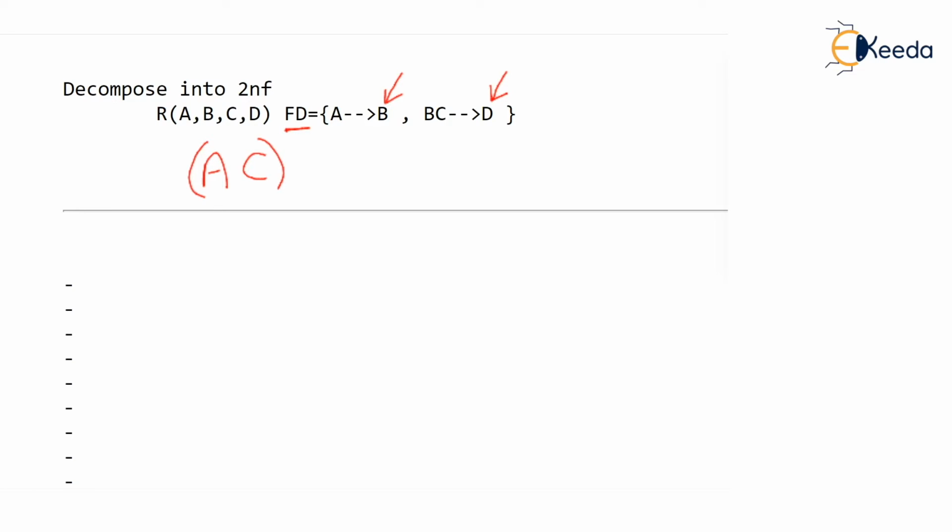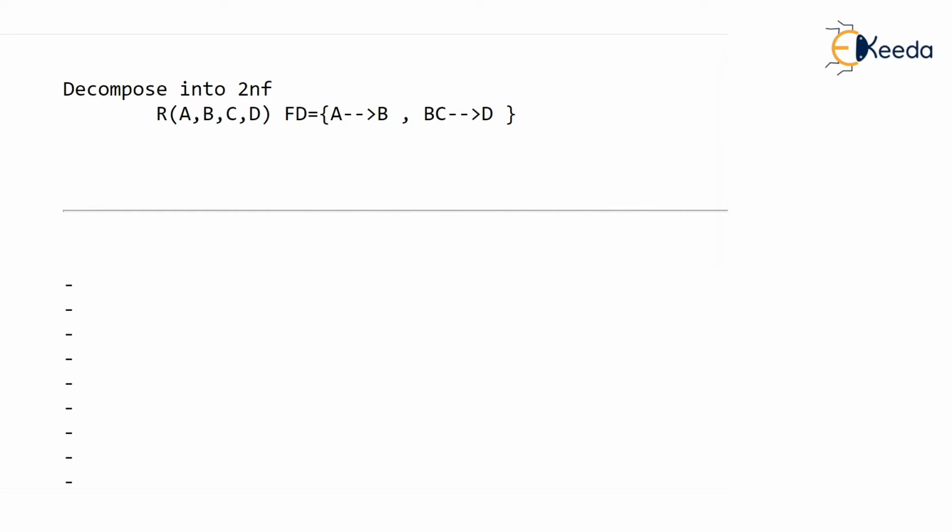But before that, you see this. What if we find A closure alone? I know C is also missing on the right hand side. B and D are there on the right hand side. A and C are missing. But what if we find A closure? Now A will bring in D, correct? A will bring in B, correct? And now this dependency BC determines D is not going to bring in anything because we don't have the B and C combination. I hope you're understanding.